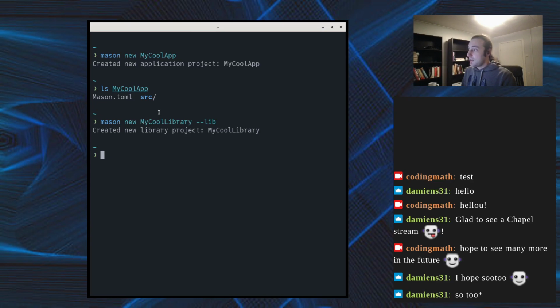Now it says created new library, my cool library. And what is the difference between an application and a library? Well, you can think of an application as kind of final product, so something that you want to compile to executable binary and you want to give the binary to your audience so that they can actually use it. This is the application. The library is something that you want to integrate inside other Chapel projects, inside other Chapel